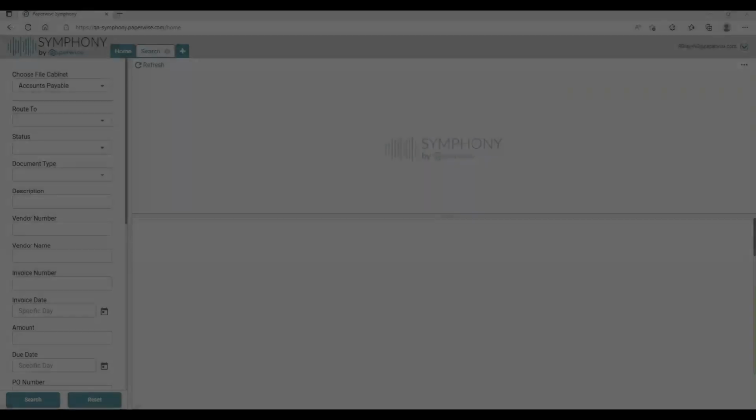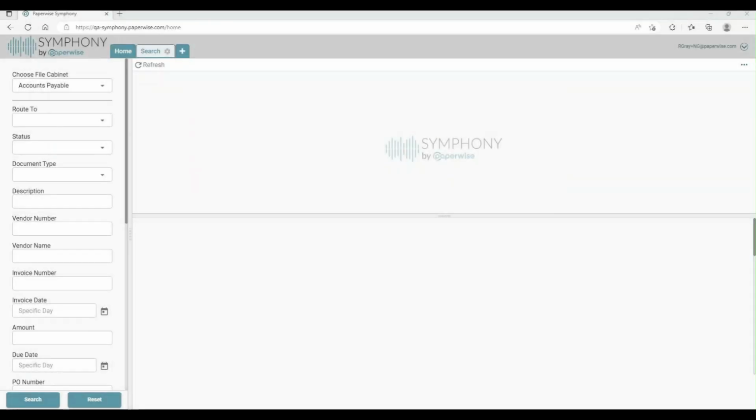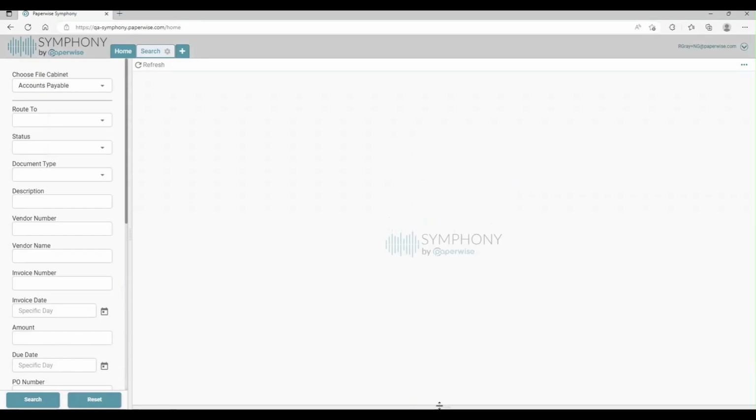Let's get started. I've signed into Symphony and I have a search tab open. Since I'm going to be showing you some searching with a lot of results, I'm going to go ahead and maximize my search list. Now, if you remember in Paperwise Query, our older product, whenever you had to do a complex search, like maybe you wanted to filter a set of results down by multiple document types, but not all document types, or maybe you wanted to find the last 30 days worth of documents instead of all documents, well,